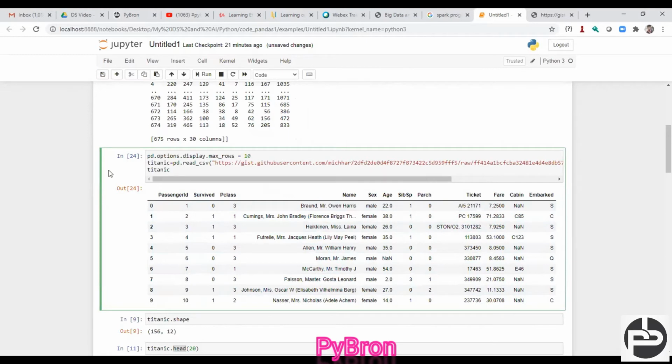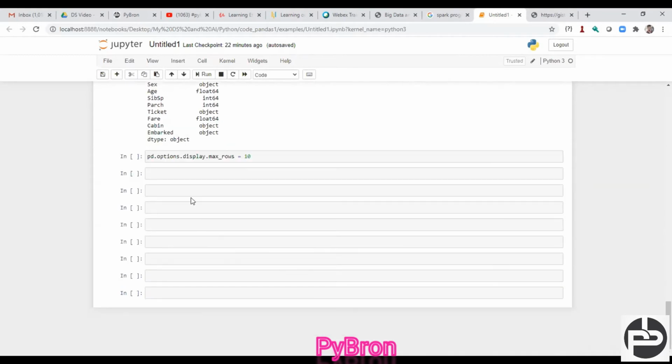Whoever is using the previous version of pandas, that is the argument to use to fetch a specific number of rows. But in the new version of pandas, they made an argument like nrows, and with that you are able to fetch the data. Okay, cool.